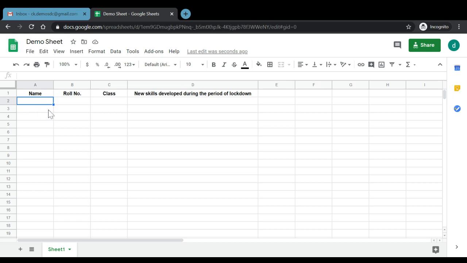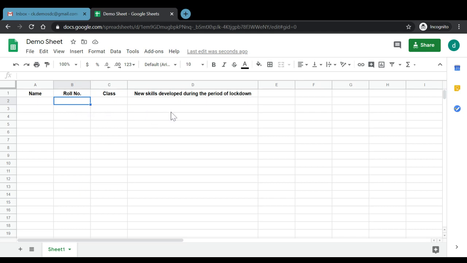So in that case, in order to avoid duplication, when sharing a spreadsheet with a large number of students, it is advisable that you create the list of roll numbers here. So the student would simply enter his or her details in front of this particular row. And this would avoid any kind of duplication or inconvenience when the students write.